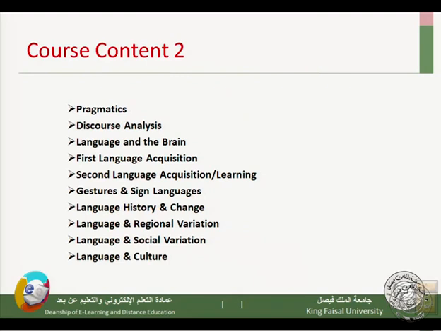pragmatics, discourse analysis, language and the brain, first language acquisition, second language acquisition, gestures and sign language, language history and change, language and regional variation, language and social variation, language and culture. These are the different lessons or chapters of the textbook. We'll try to cover all of them, but in fact we will be selective within